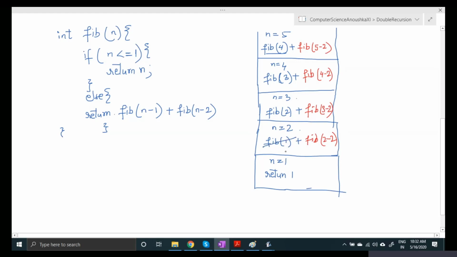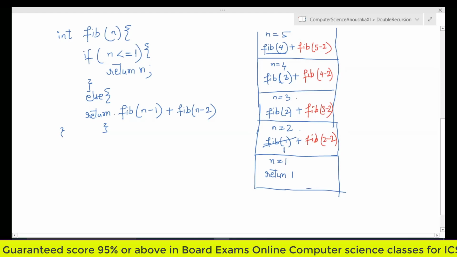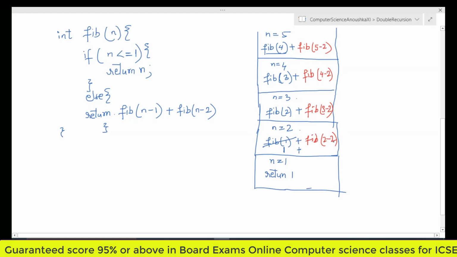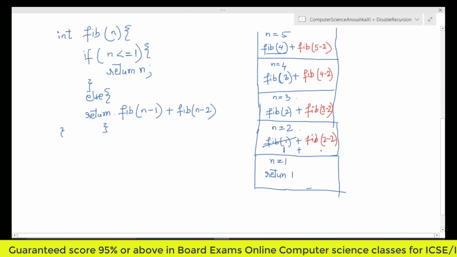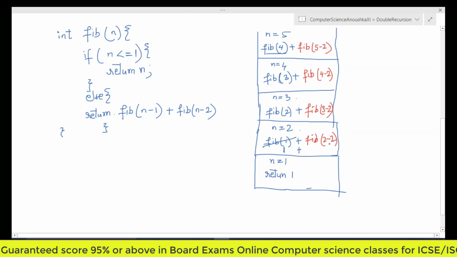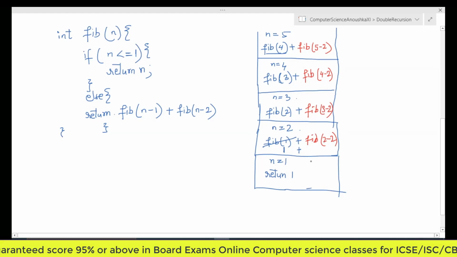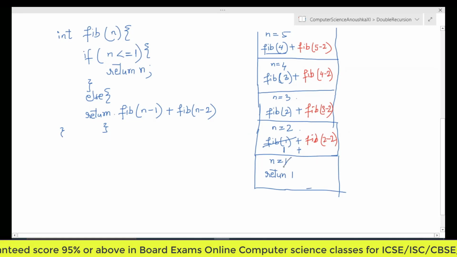So return 1, that means it will return 1 over here. Right? And plus Fibonacci of 2 minus 2. So 2 minus 2 is what? 0.